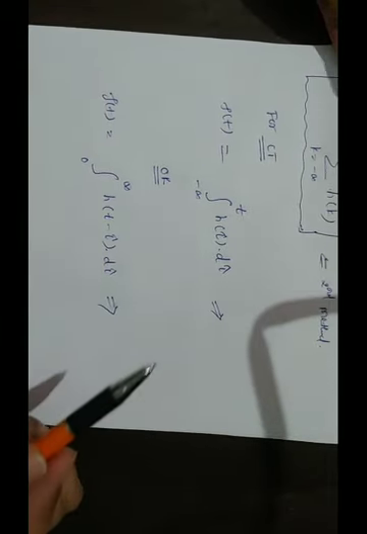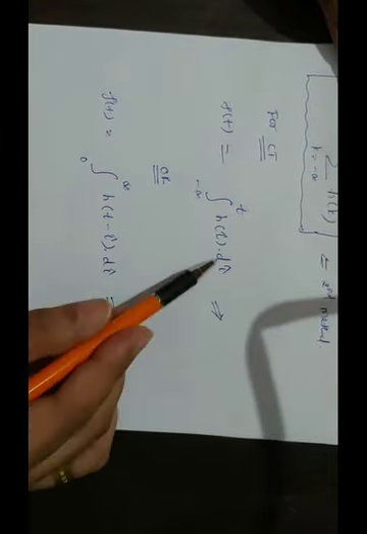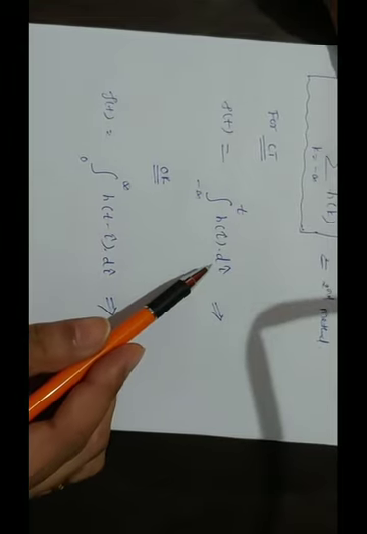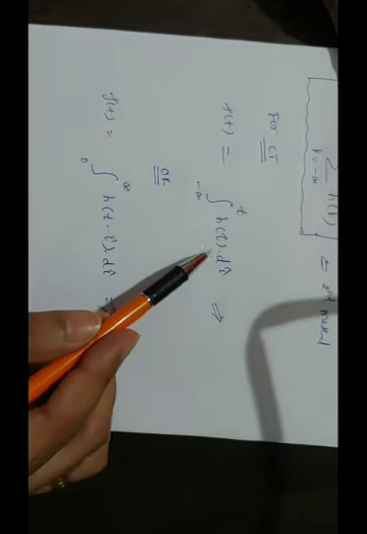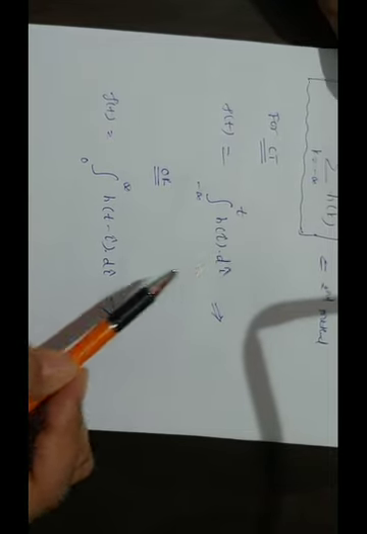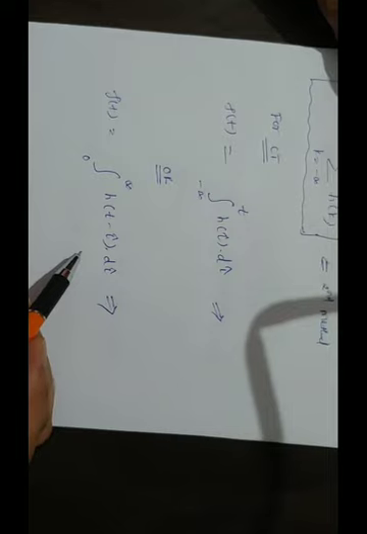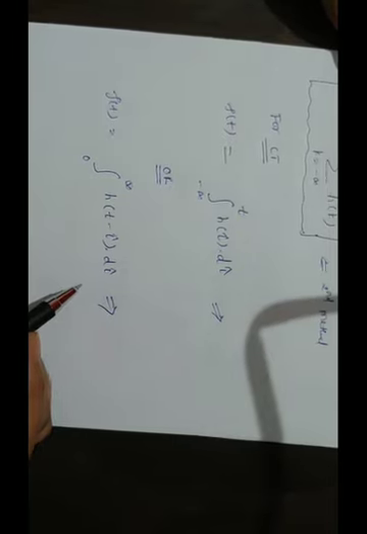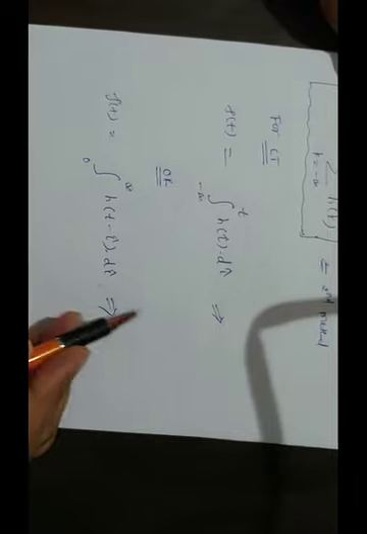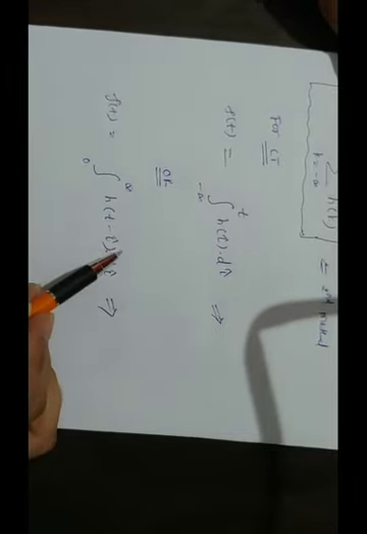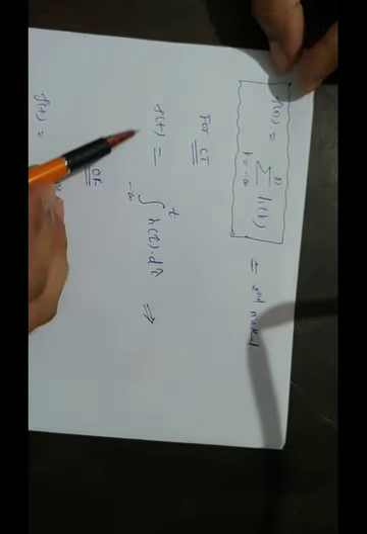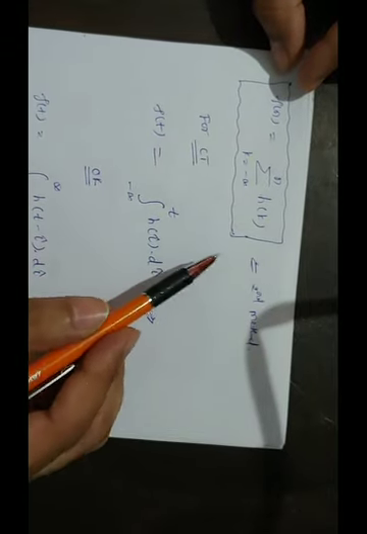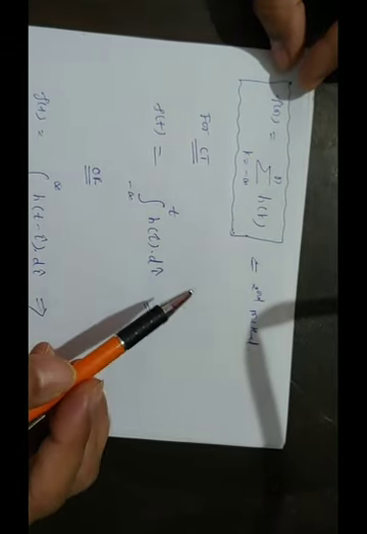We will solve one more problem with both methods in some other video. There I am going to show you that if I use this formula I get the same answer, and if I use the other formula I also get the same answer. So this is how to find the output of an LTI system when the input is a unit step function. We have concluded that my output is nothing but the running sum of the impulse response.